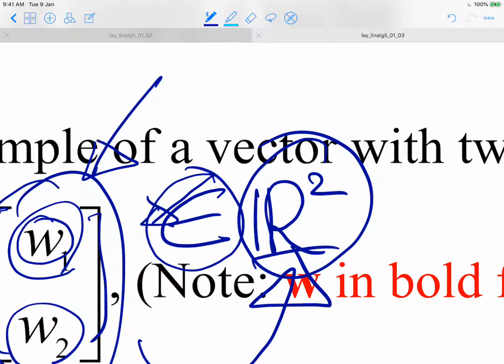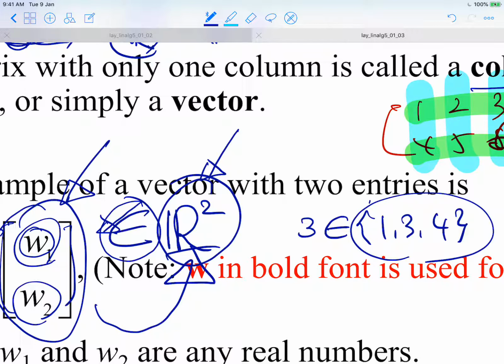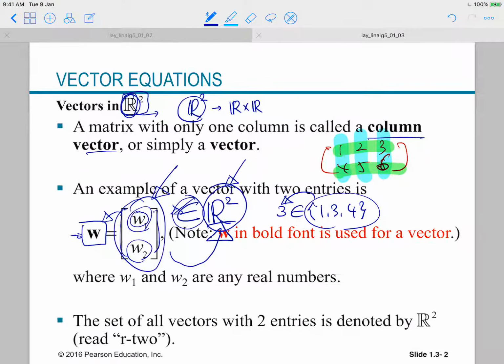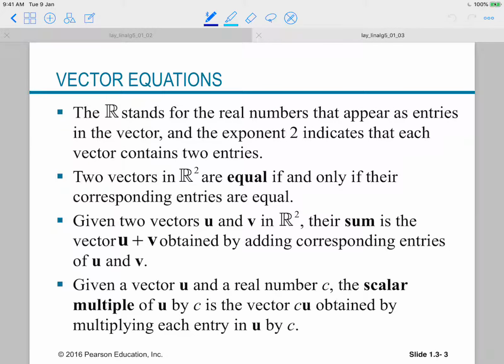So this is an element of a set, something like 3, and so on. This is the set that contains this element, right? Any questions so far? Okay, so far so good, right? Okay, then